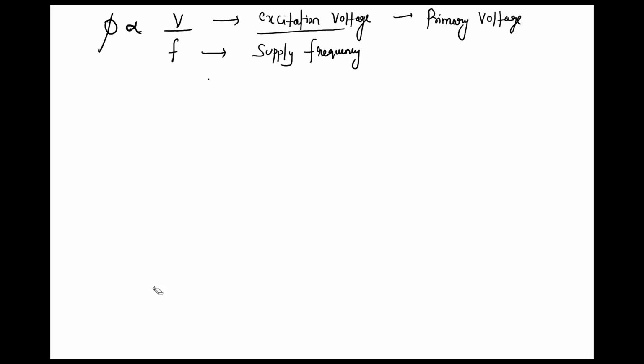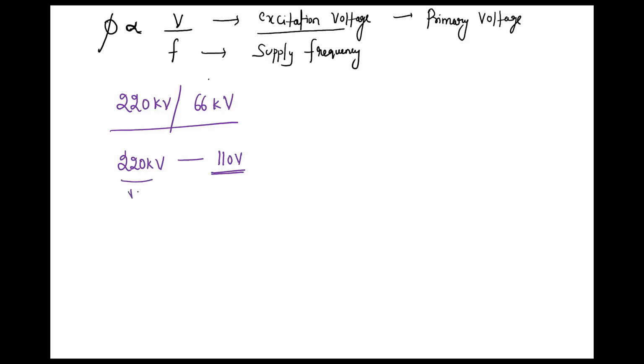The second point which I want to tell you is how you compute the overflux relay. Let us take a 220 kV by 66 kV transformer. You have connected a PT on the primary side. 220 kV voltage you will apply to the PT primary, and what would be the secondary voltage? The secondary voltage is 110 volt, because the PT secondary is always this is 220 by root 3, this is 110 by root 3. So for 220 you will get 110 volt.